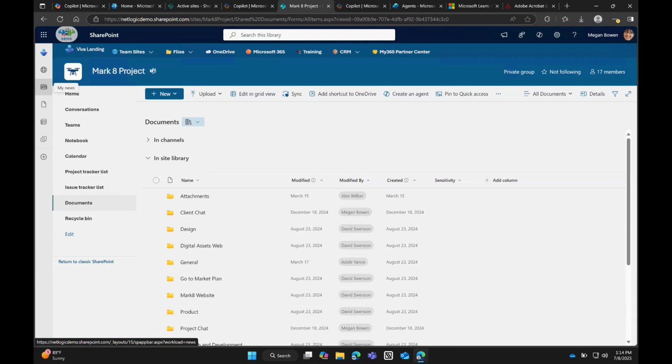So for example, Jan mentioned that you might have proposals and contracts in a SharePoint site. They maybe follow a similar structure, whether they're Word documents, PDFs, PowerPoint, throw some other files out there. You want an agent that goes ahead and reads through all documents, gives you a summary, or maybe you want to find similar contracts and proposals. You set up, you create the agent that will do that process, those steps for you. So you spend a little bit of time upfront creating it, and then your staff members can use it as much as they need to, helping you increase that productivity and get your job done quicker, which Jan was mentioning in the case study from before.